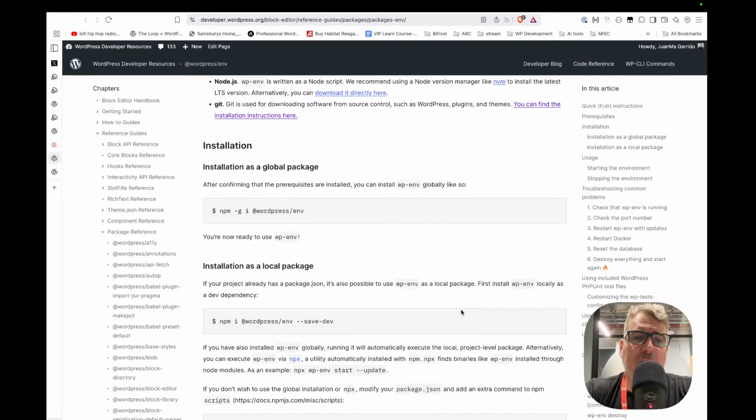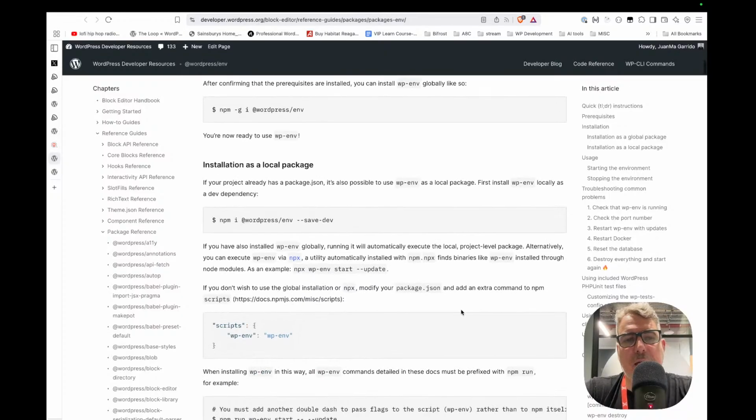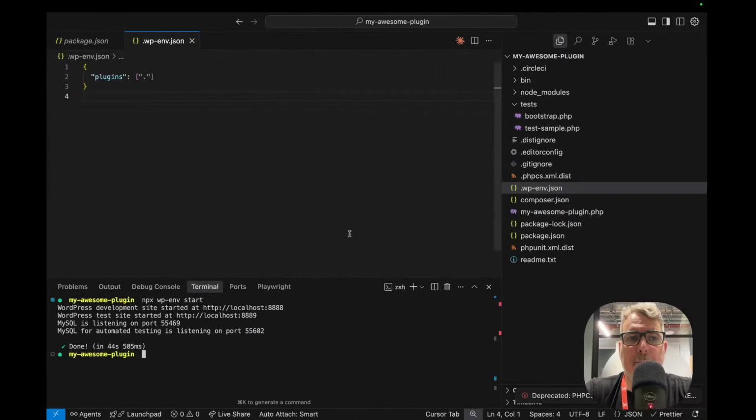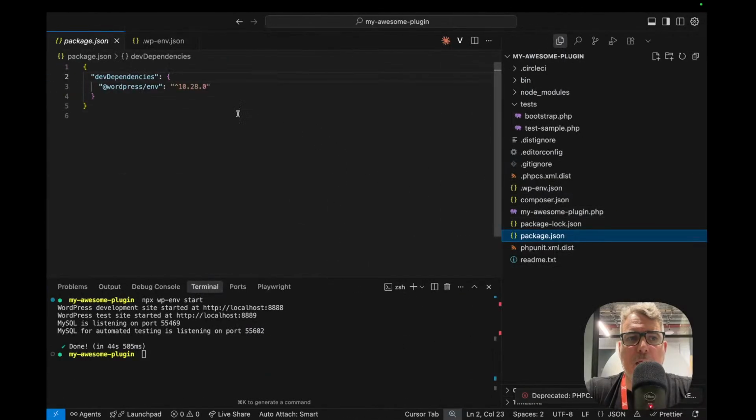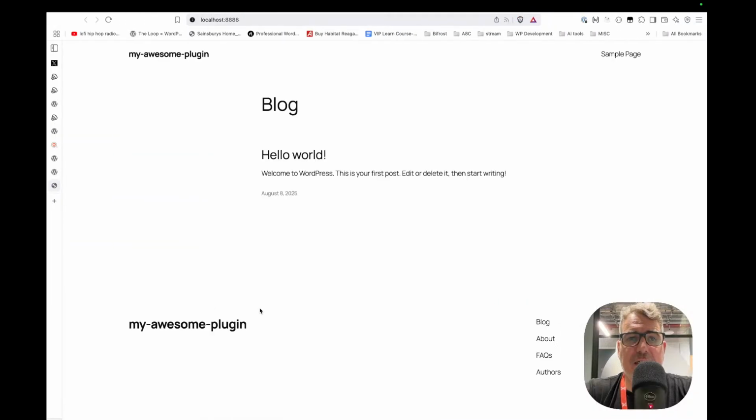install it as a local dependency of the project, so every developer can very quickly leverage this package as well. Like for example here, npm install @wordpress/env --save-dev, like here. Okay, so now we have here our WordPress instance,